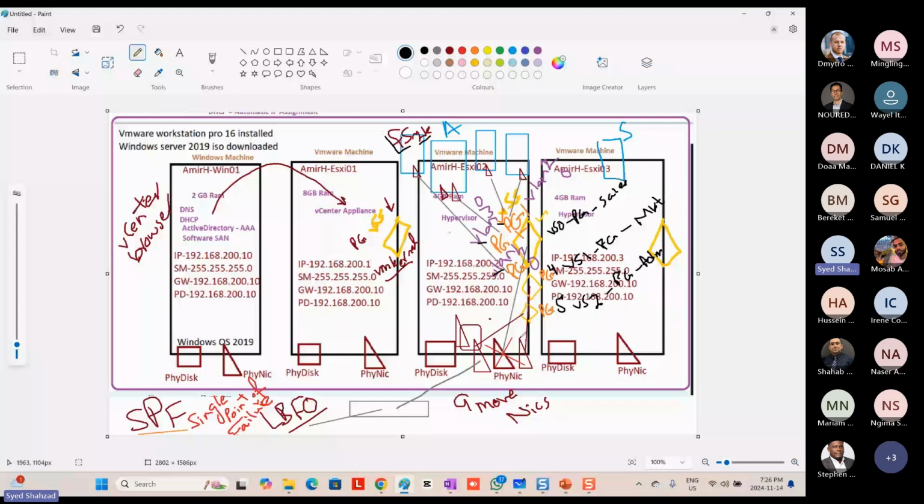Remember that we added another network card to this standard switch, but the traffic is so much that these 2 network cards are also being overwhelmed. They're slowing down the traffic, right? So what about if we create a second port group? You know what? This is too messed up now. Let me create another